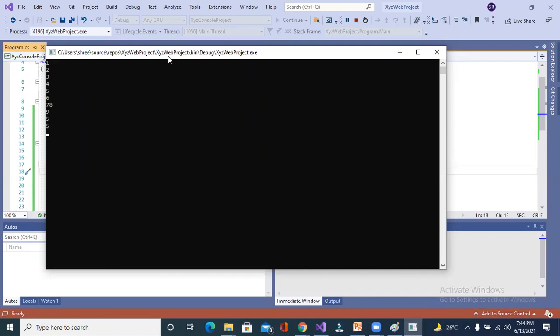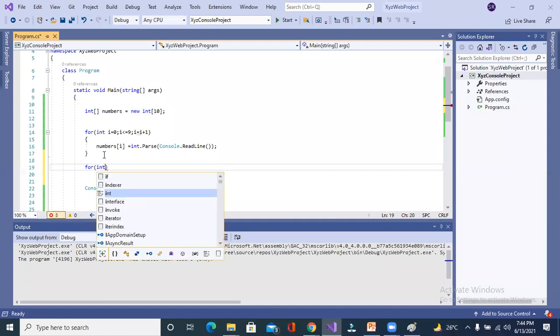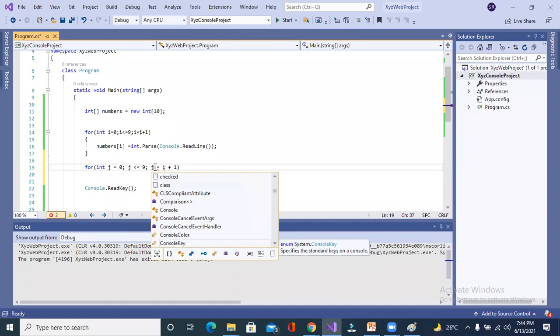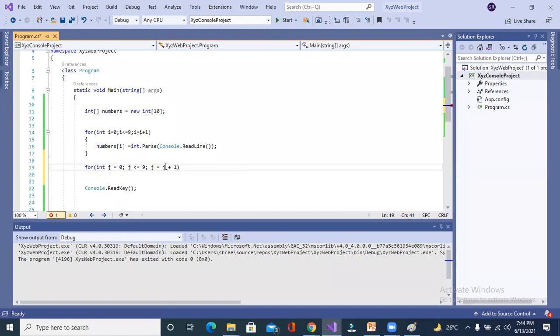Right? So you can store values with the help of a loop. Like if you want to print the stored values, what you have to do? You will have to apply another loop. Let me copy this loop. And I will name it like J. J, right? What I will do? I will print